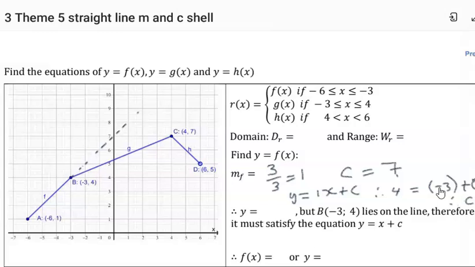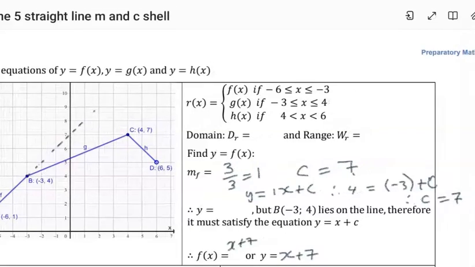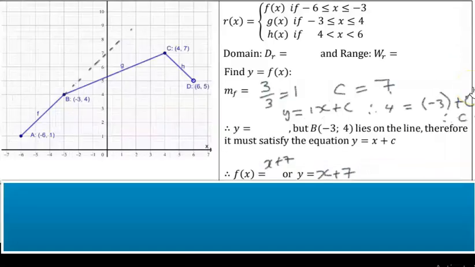So f of x is equal to x plus 7, or y is equal to x plus 7. Same thing. So these are two different ways to do that. So let me just show that there. You can first pause the video and then just see whether you can